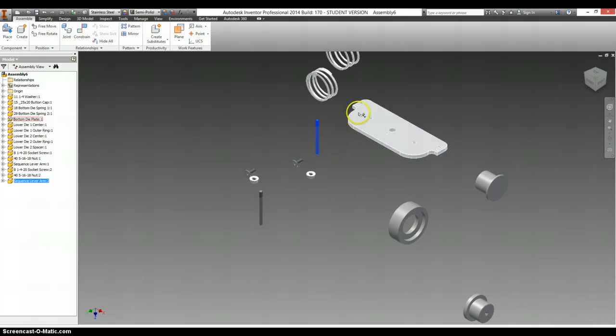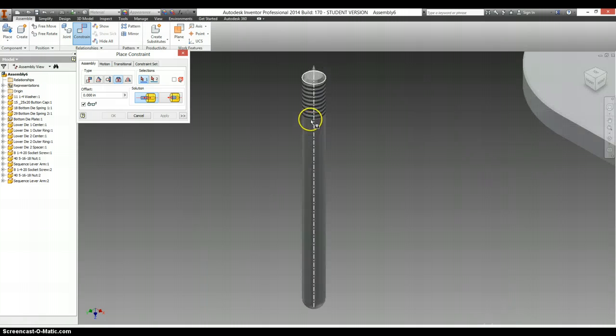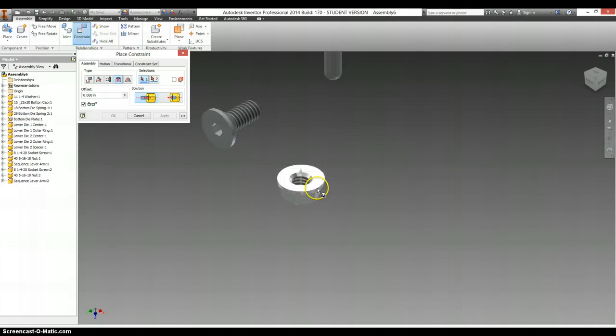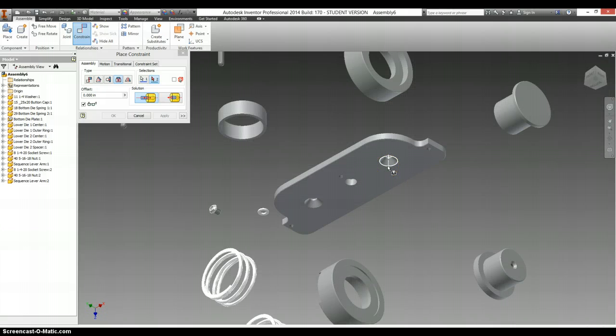Alright, our sequence lever arms, they're going to be screwing in to both of these locations here. And for most of our constraints, we're going to be using the insert constraint. I would like to be able to use the top of this thread, but that's not possible. So instead, we're going to have to start off with these screws that go underneath it to hold it in place. So when I click on the bottom edge of that, look at the bottom of this, and where those holes are